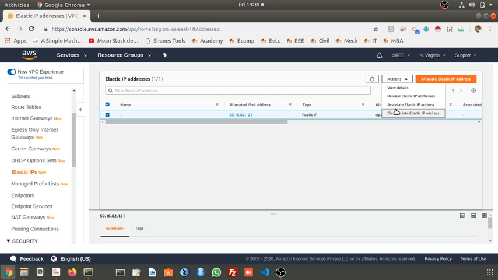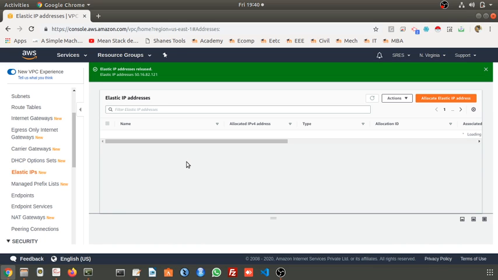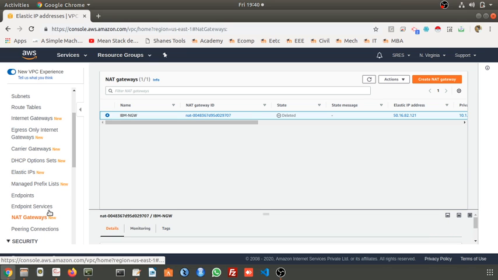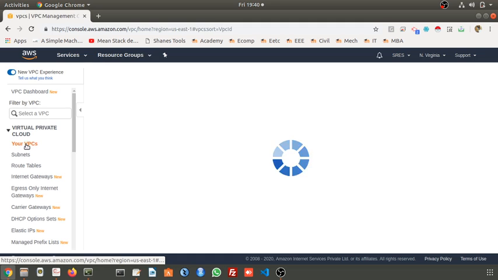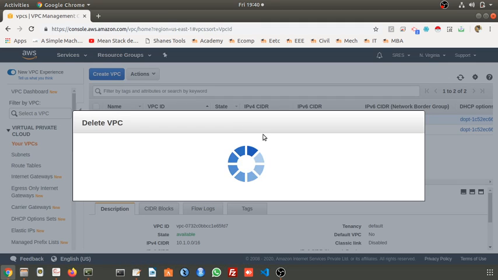Let us release this Elastic IP address, otherwise we will get charged for this. This is also deleted. What else remains? Let us check. It is deleted already. Okay, let me try. Oh, it is deleted already. VPC. Go here. Action. Delete.